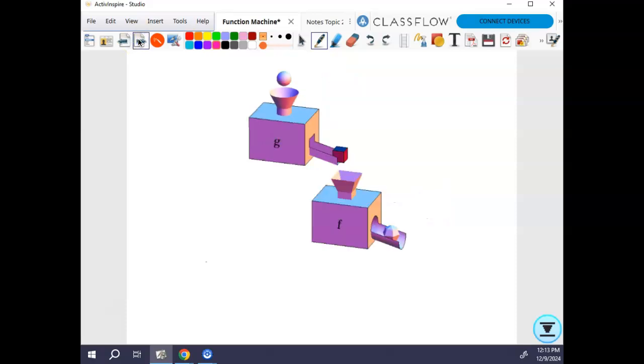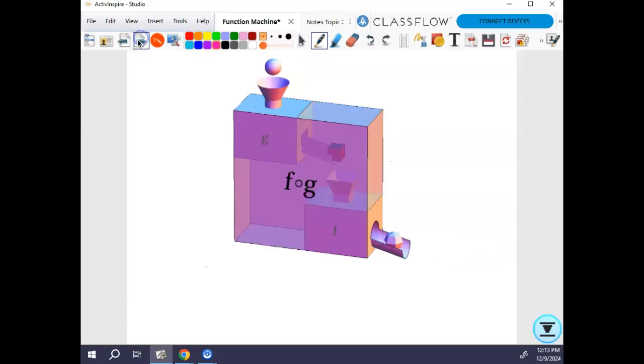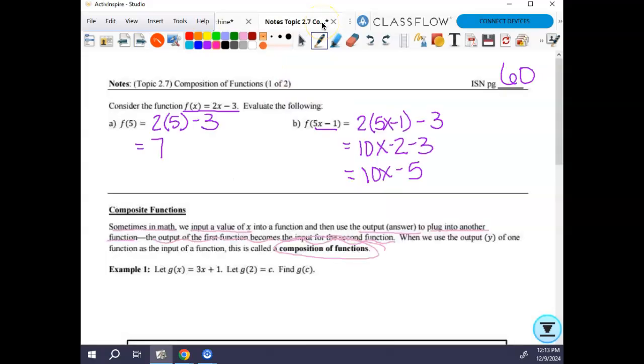So if I have x that goes in, g of x that comes out, and then my output goes back in, and then I get another output, that is where I get f of g of x. That makes sense for you visual people? What's happening with your little function machines there? And then this is just the same type of thing, just kind of all in one. All right,